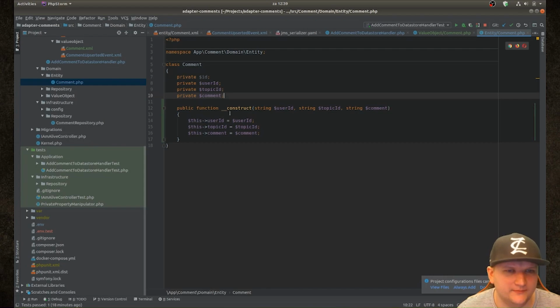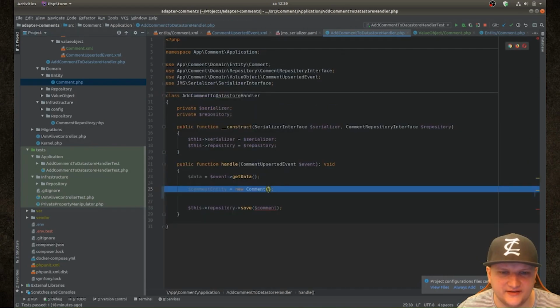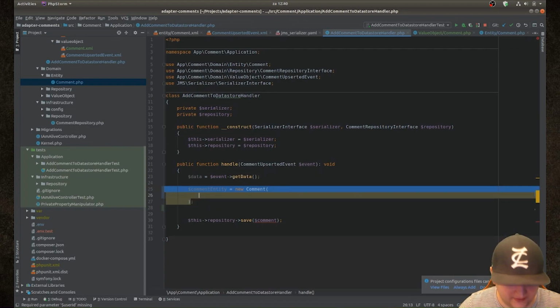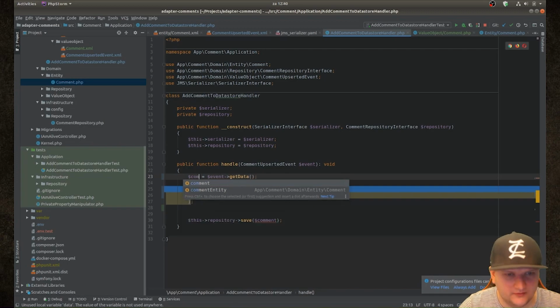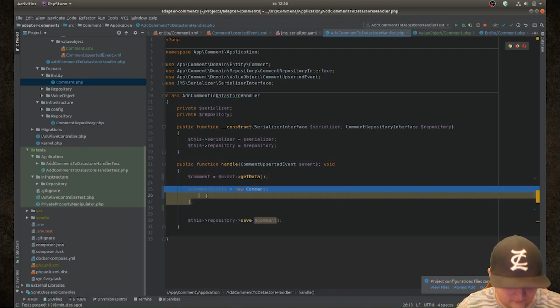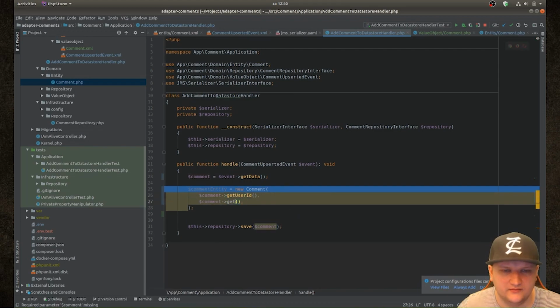Then we go back to our handler, we say new Comment, and then it's simply comment get user ID, comment get topic ID, and comment